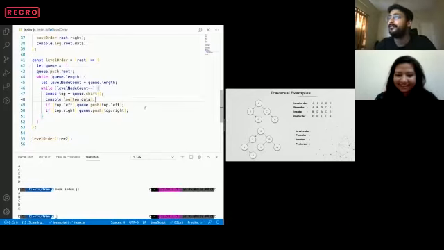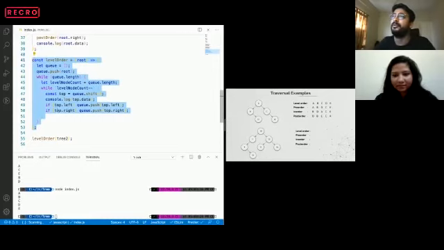Great. So this is level order traversal. Does anyone have any doubt on how we have implemented it, and what can be the time complexity of it? Can someone tell what is the time complexity for this implementation? Is it O of n square? Is n the number of nodes, or is it O of n?